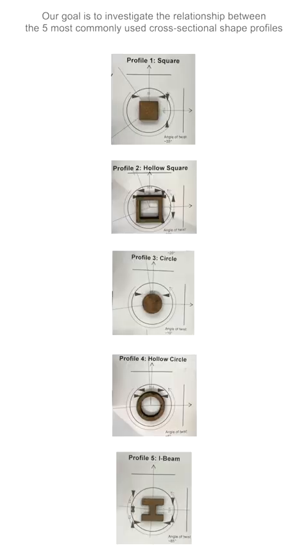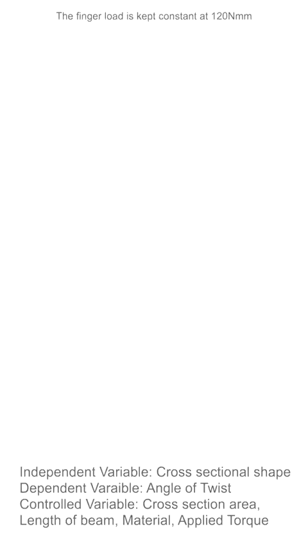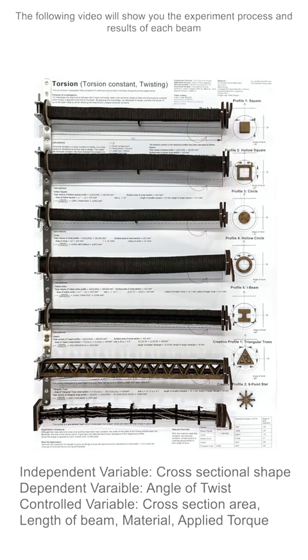Our goal is to investigate the relationship between the 5 most commonly used cross-sectional shape profiles and the torsional constant when torque is applied to the end of each beam. We also experimented and attempted to design 2 creative profiles. The force load is kept constant at 120 Nm, and the following video will show you the experiment process and